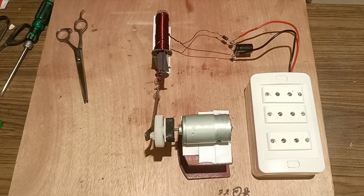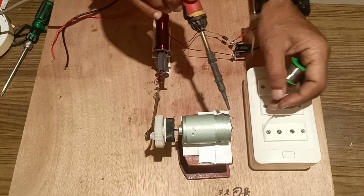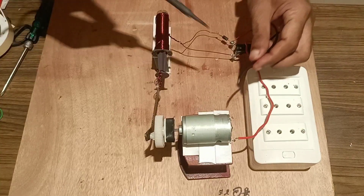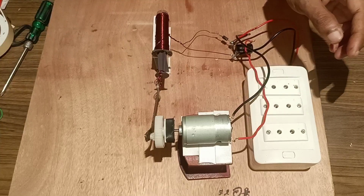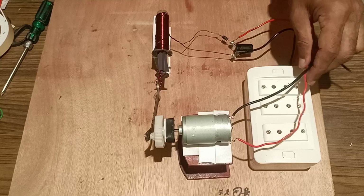Once it has been fixed, next we have to give the torque to the motor and get free energy out of it. See whether it will produce the free energy or not. Before that, we will solder the output of the motor. Once the output has been fixed,